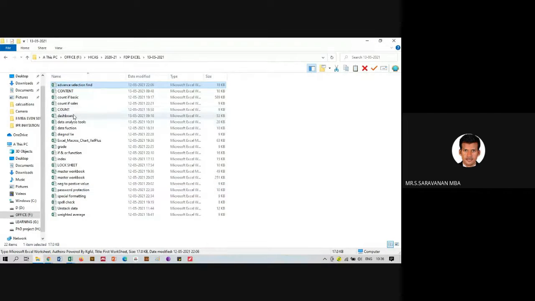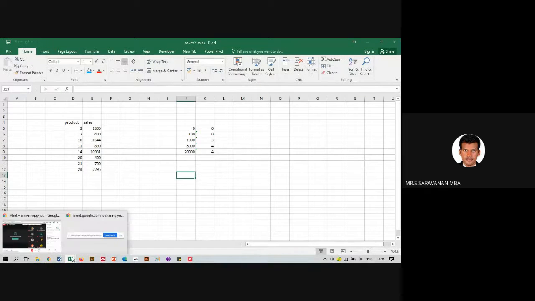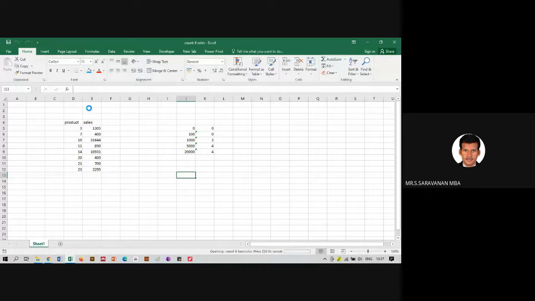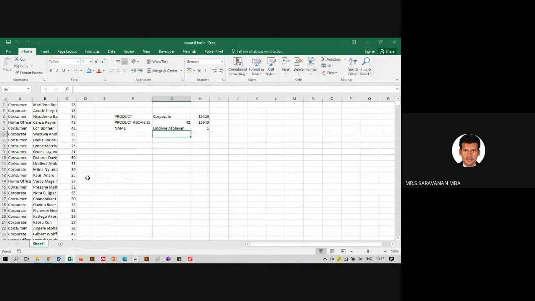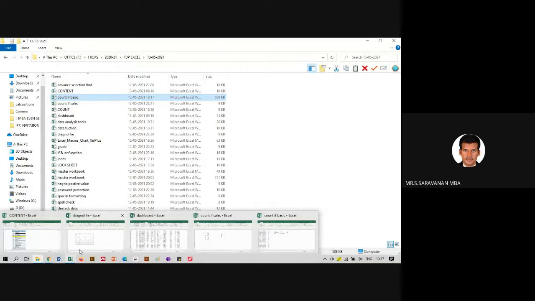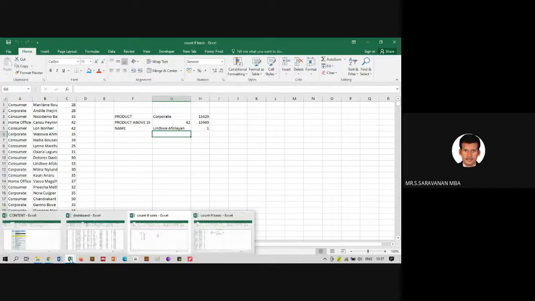We call it count. Count and COUNTIF, all this information will be here. We are going to cover all the COUNTIF functions in one go. We'll close the diagonal line. Don't save it. I don't want to save anything.